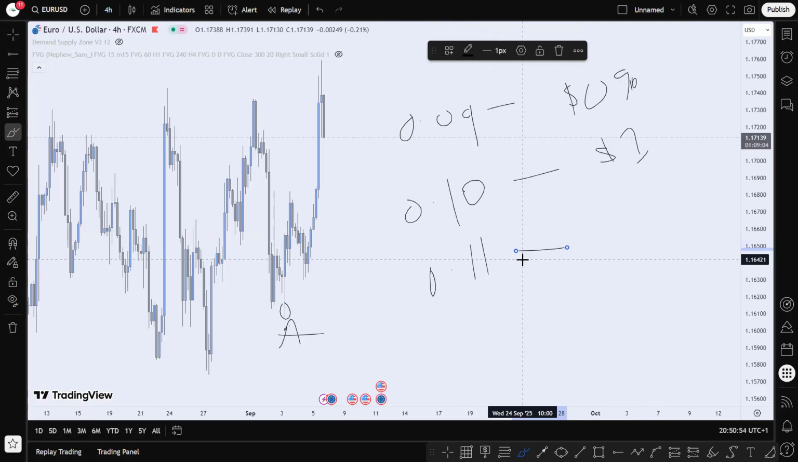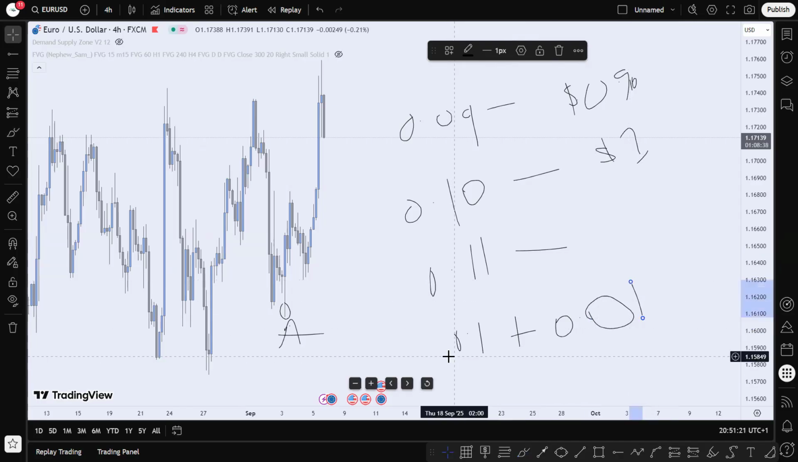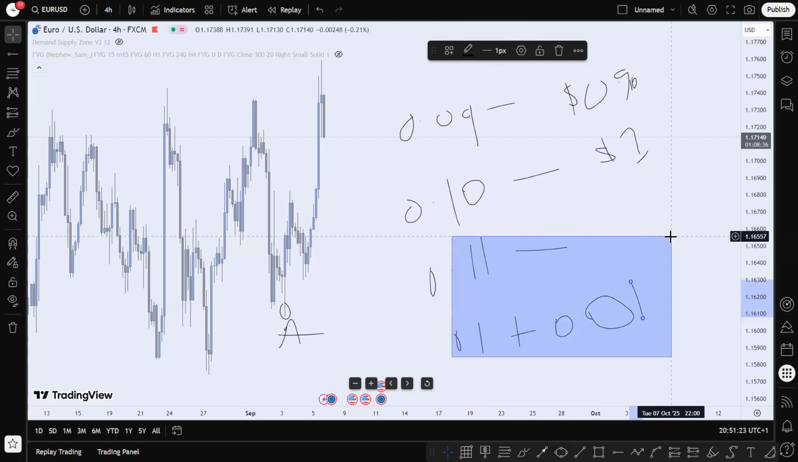Anybody wants to try? $1, 1 cent. Try again. You're almost there. $1, 10 cents. Thank you. Not 1 cent, 10 cents. $1, 10 cents. Right? Because this 0.11 is a combination of what? 0.1 and 0.01. Do you understand? It's a combination of these two lot sizes. So now, at this point, every single pip we move